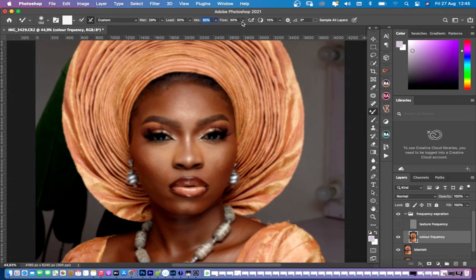Now 30 also, on the other hand, I'll leave it at 30. Then I'll make sure this is unchecked, and this also, leave it at 10%, and make sure sample all layers is unchecked because you are trying to work on this layer. So all you have to do now is to zoom in, and let me show you a